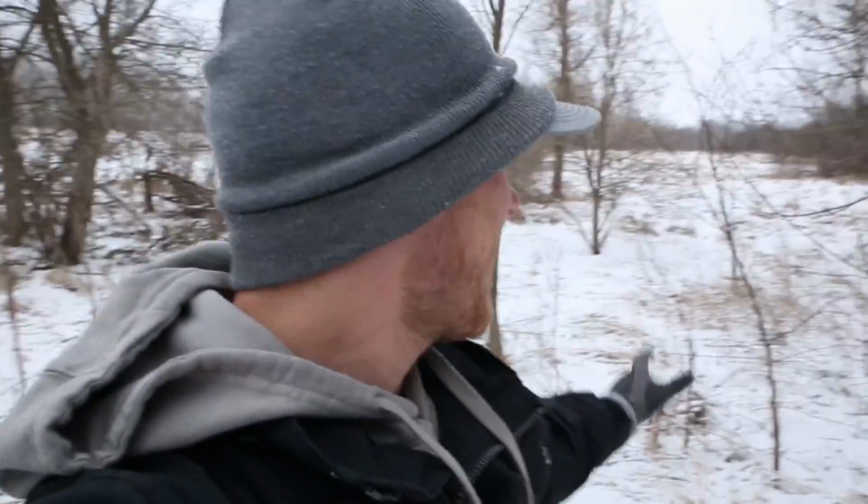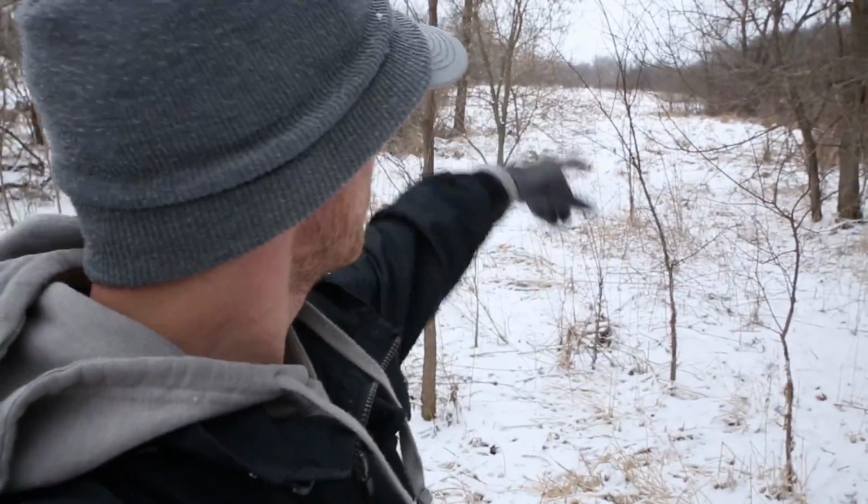Alright, so here's 2 scrapes. This one and this one, right here. Got some tracks going right by it too. So that's a good sign, right? Got some scrapes, or I'm sorry, rubs. Whatever, they're scrapes, rubs. They're deer sign, right? They're bucks. Bucks do it. That's all that matters. So I got some rubs right here on this edge, which is good to know because